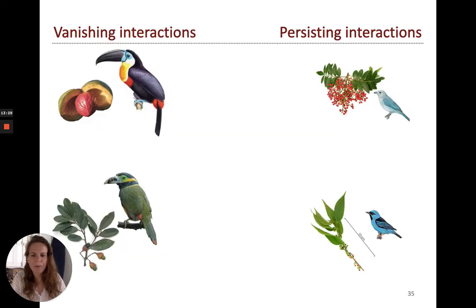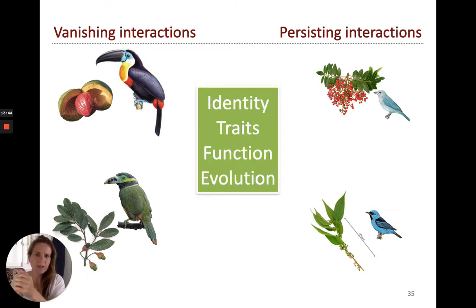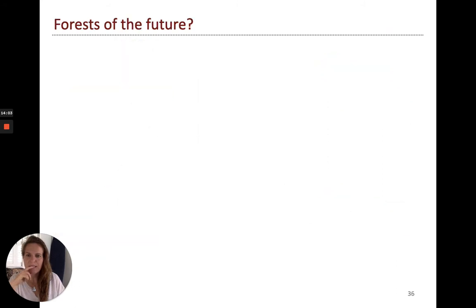So just to wrap up, what we are able to do in the Atlantic forest is to identify these two distinct groups of the vanishing interactions and the persisting interactions. And we are able to identify who they are, the traits they have, so we could infer the functions they perform in the system, and we also could relate with the genetic or evolutionary information that they bring when they occur. So with that, we are able to ask what kind of forest do we expect in the future,